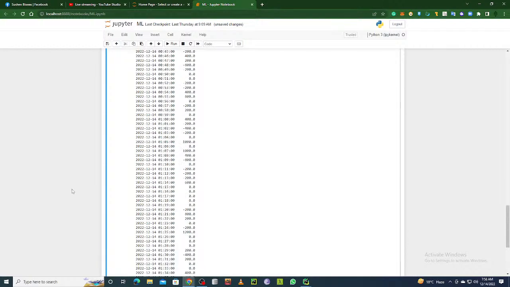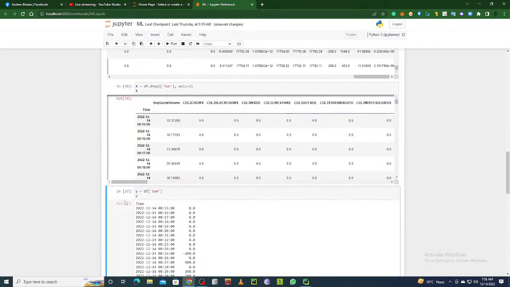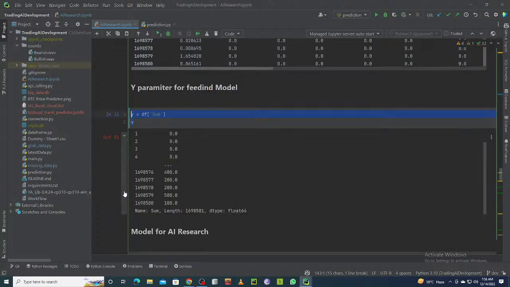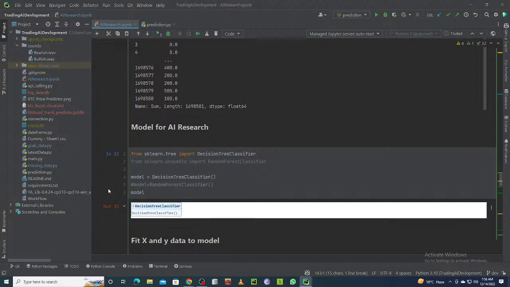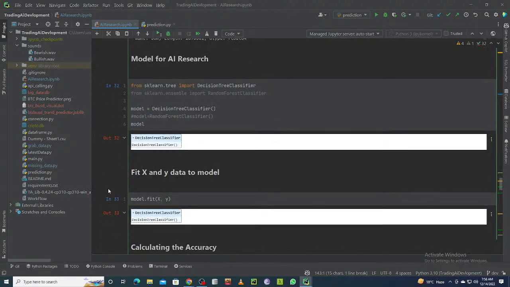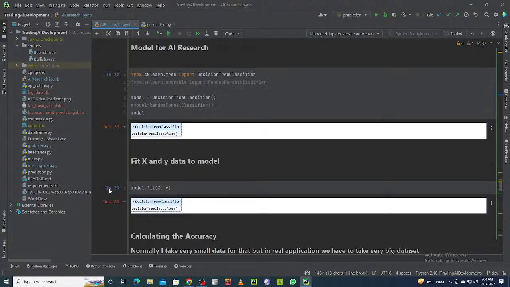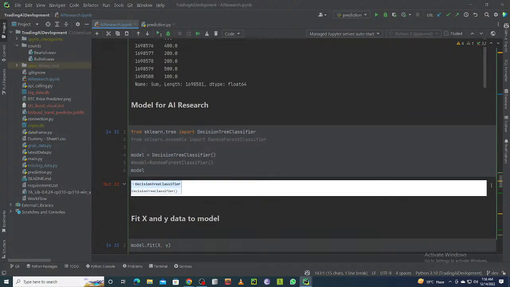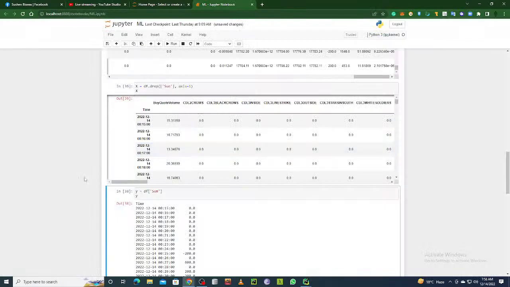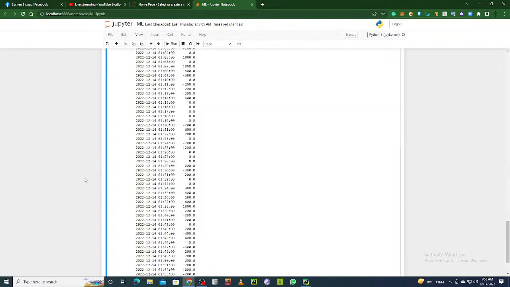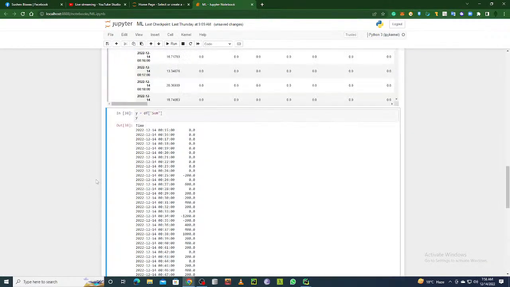It's a lot of data. And then the next column, we're not going to wait a lot, because I use a decision tree classifier. The decision tree classifier is interesting, because